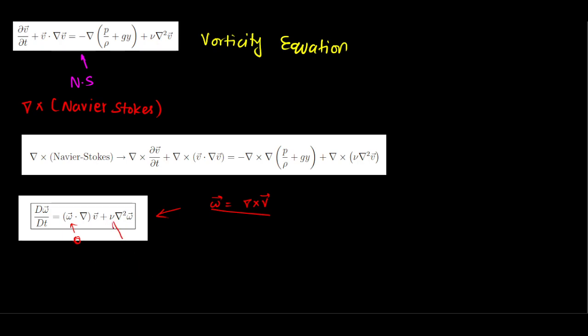Similarly, if the viscous force is 0, you can simply put 0 here, so that will give you D omega by Dt equals omega dot del of the velocity vector, right? So here in this case, viscosity, you can think of it as a diffusivity of momentum. For example, you must have